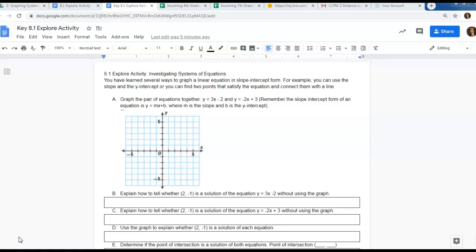It says you have learned several ways to graph a linear equation in slope-intercept form. For example, you can use the slope and the y-intercept, or you can find 2 points that satisfy the equation and connect them with a line. So on part A, you're supposed to graph